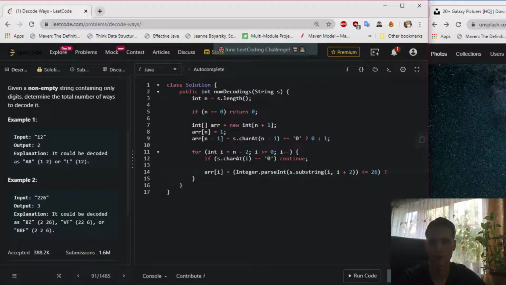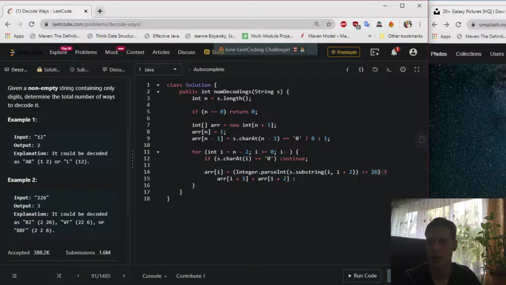If so, then we set array at i equals array at i plus 1, the previous result, plus array at i plus 2, the next previous result, like this one. And if it's greater than 26,